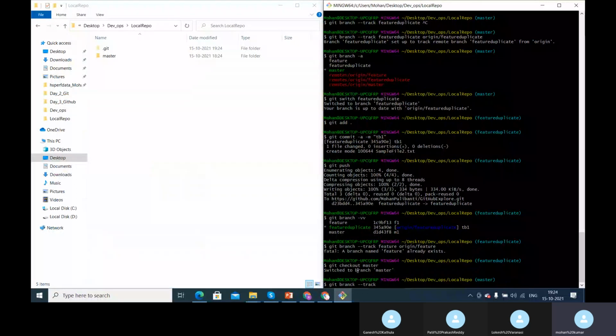The reason it is showing this is that we already have a branch of feature, so it is not creating a new branch. That is why we were not able to create a new tracking branch. Basically, when you execute this, it will create a new tracking branch. If you create a tracking branch for the feature branch in the local, what you have to do is